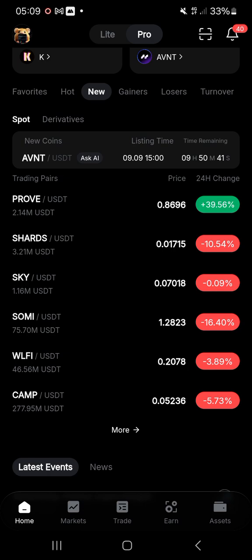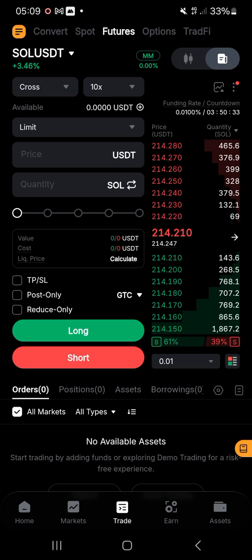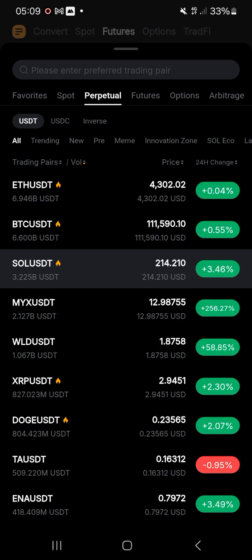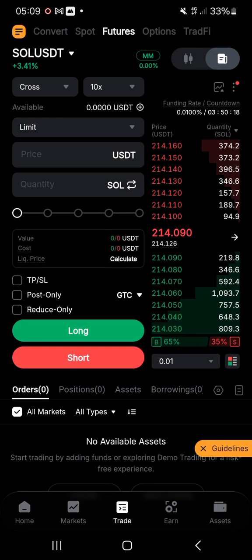We go to trade. We are currently on futures. So right here, this is USDT. You can click on the drop down to select any token you want. You can select Ethereum, BTC, and any other token that is your favorite, right? So once you're done selecting that,